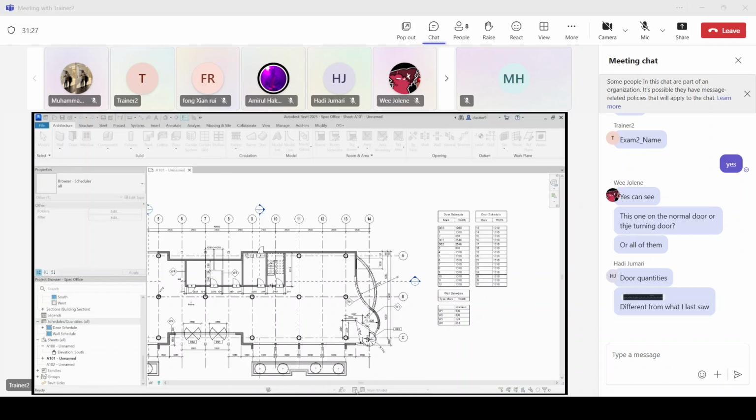Once you add the parameter, which ones do you need to add? Of course, the mark, remember? I think last week we discussed this. I want you to add the mark for the doors. So just add. And I think height can also be added. And I think better you add the width. I think those three are enough, but you can explore. Add the width, then press OK.